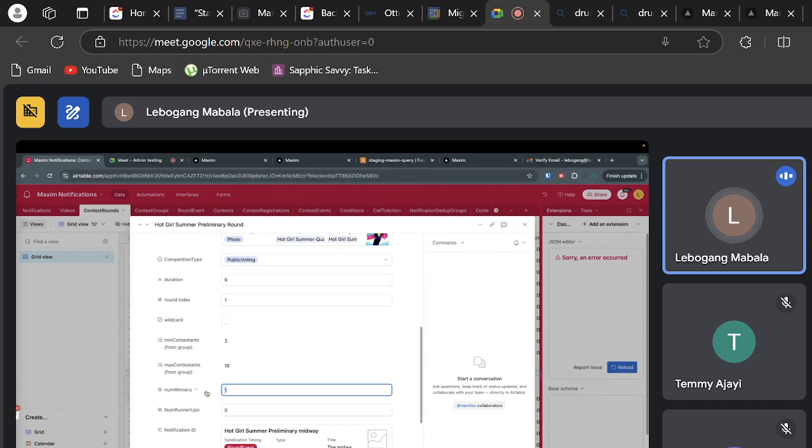Yes, you see, number of winners is 1, right? This is winners on the round, in the group. And that's another thing: you might still stay in the same group, even though you're in a different round. Yeah, that makes sense.